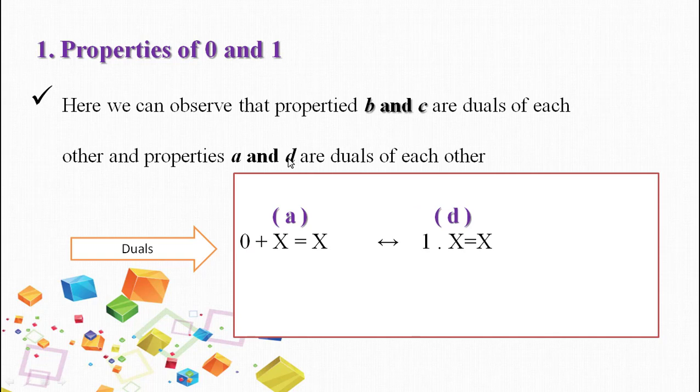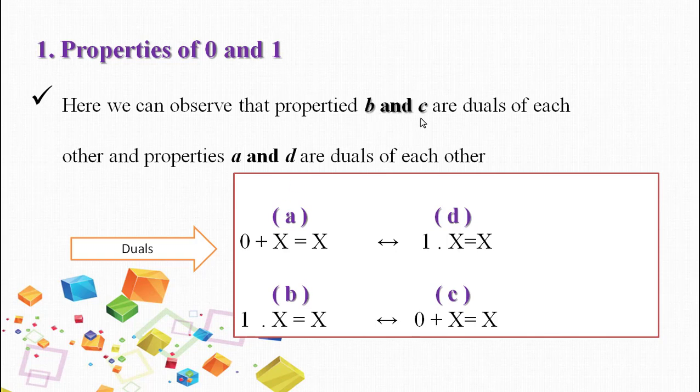Expression A and D we will consider first. Expression A in the properties of zeros and ones is 0 added with x is x. So the dual is: 0 replaced becomes 1, plus is replaced by dot, that is OR is replaced by AND, and x is kept as it is, equal to x as it is. So that is the dual of A. This condition is satisfied. You need to remember all these properties by heart, okay, because these properties are later used in the solution or evaluation of the expressions.